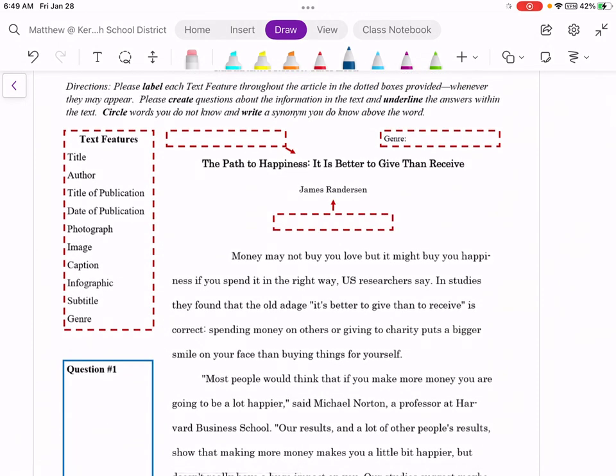Now again, this should be familiar to us after as many of these as we've done, but just a reminder, in these dotted red boxes, we're going to put our text features. So text features found here on the side will go into these dotted boxes. Again, just like normal, we have a title, we have a nonfiction article, and our author.